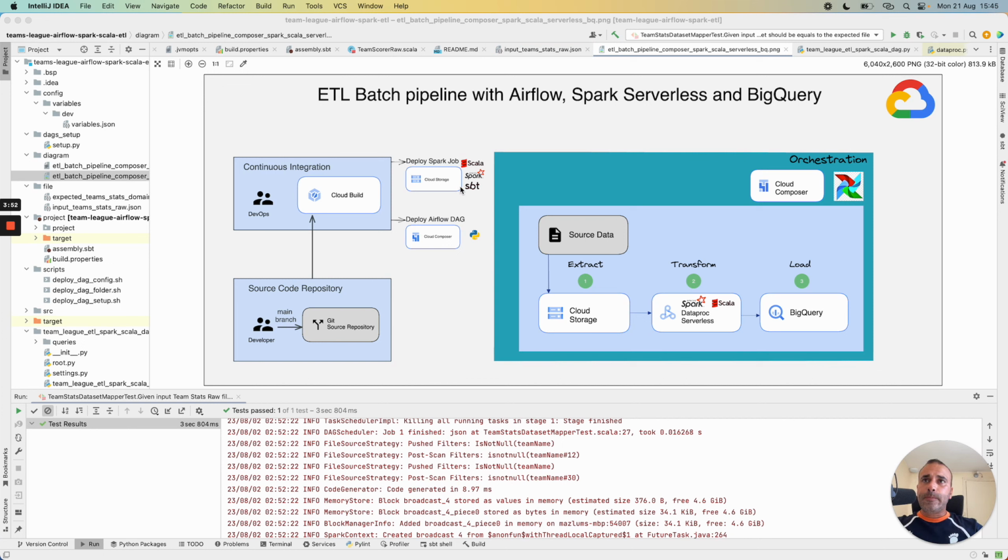Then we have a second Cloud Build job and YAML file that will have the responsibility to deploy the Airflow DAG written in Python, and we take the Airflow DAG and copy it in the cloud storage bucket for all the Airflow DAGs in Cloud Composer.